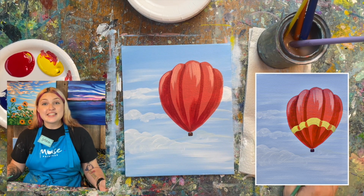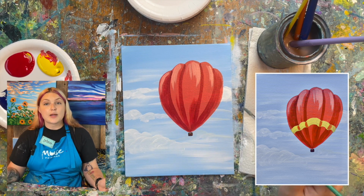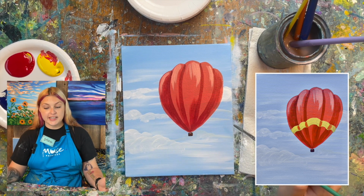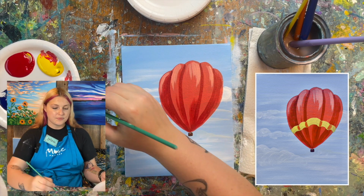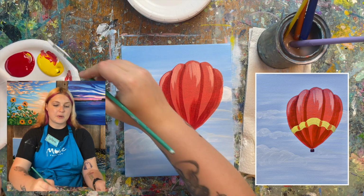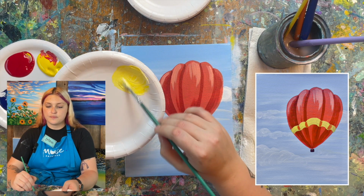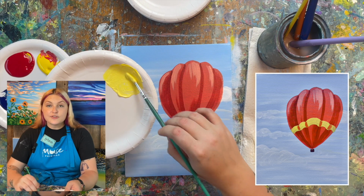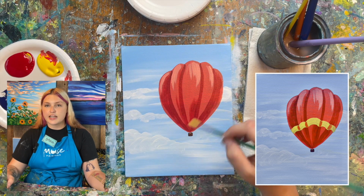Now here's where we get to decorate our balloon. You can do polka dots. I'm going to be doing one stripe that goes across. You can do many stripes. It's really up to you. My stripe is going to be a nice pale yellow. So I'm going to grab, with a pointy brush, a scoop of white, a touch of yellow, and mix those up. Now instead of just doing a straight line across, we want it to keep that round looking full shape